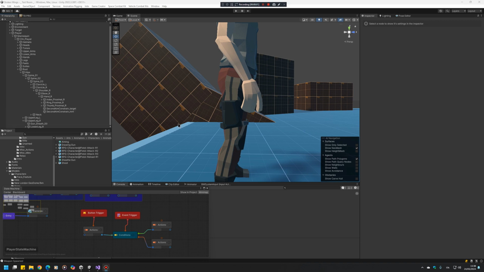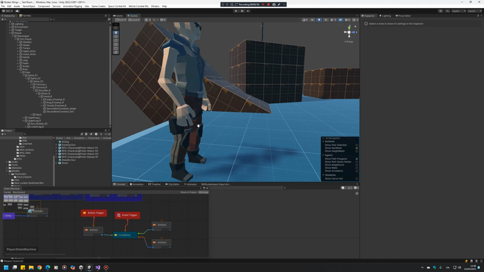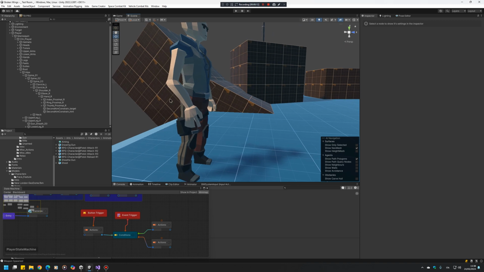Hello guys. Honestly, I didn't know why no one shows how to sheath and unsheath a weapon. I hope it's the right word. Anyway,